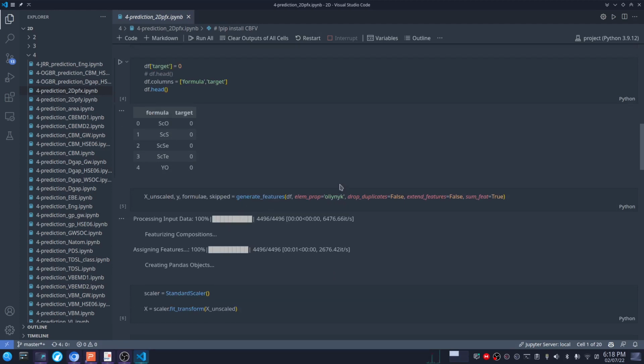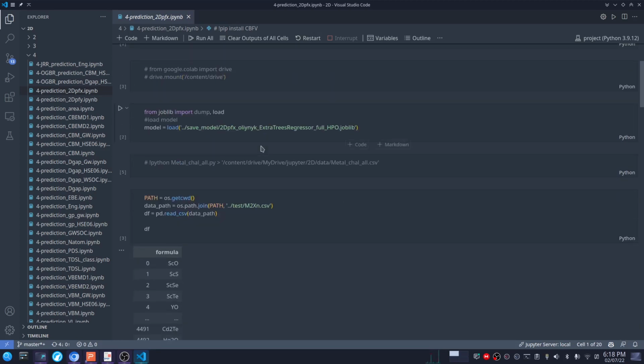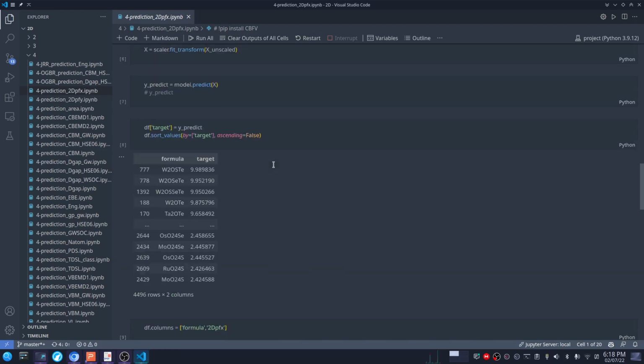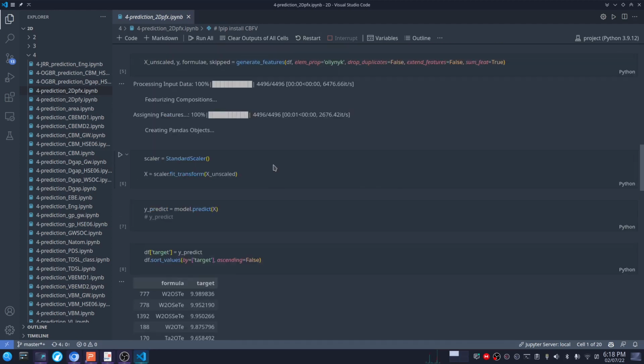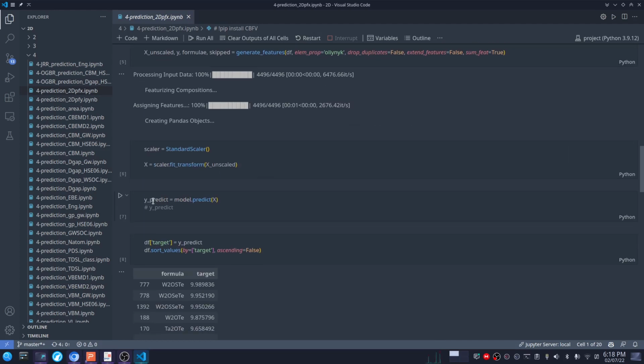The featurization scheme is Oliynyk, as you see here. After featurization, we will predict the y values, which is the output, using the model.predict function, and we